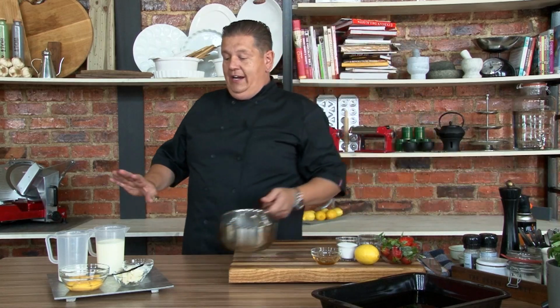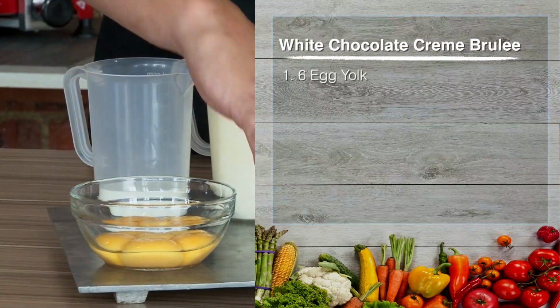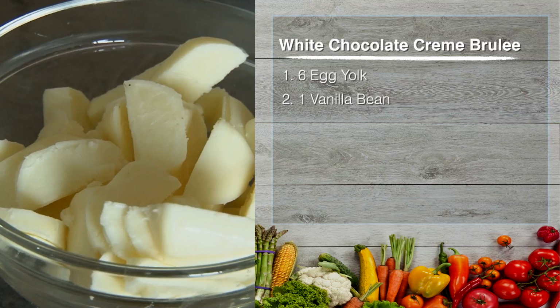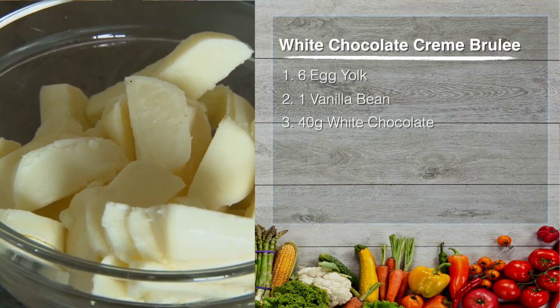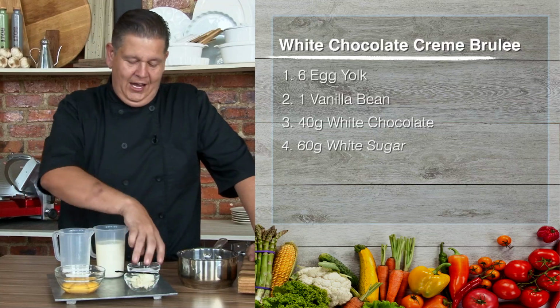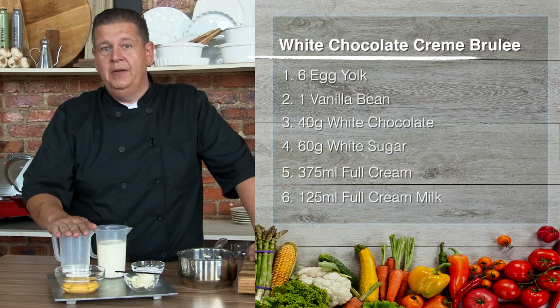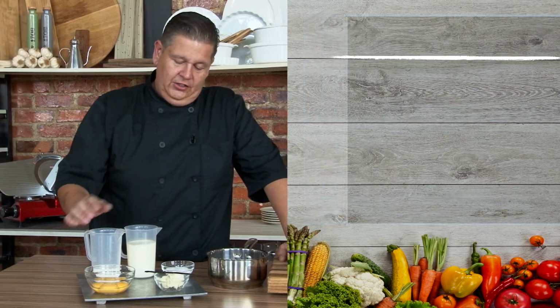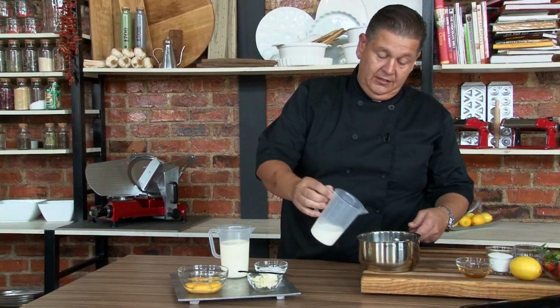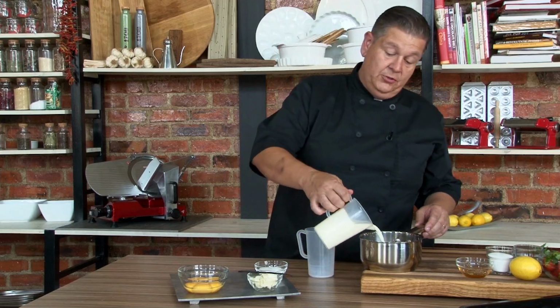So, for our basic ingredients for a crème brûlée, and believe me, this recipe is an absolute top recipe, which I've been cooking for many years. 6 egg yolks, we need a vanilla bean, white chocolate, and the best to use is, of course, me being a Belgian, white Belgian chocolate, caster sugar, full cream and full cream milk. All of this is very simple to do. We take a cooking pot, we put our milk inside, we put our cream inside,